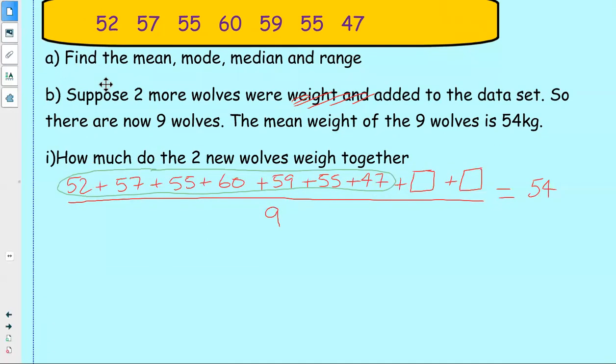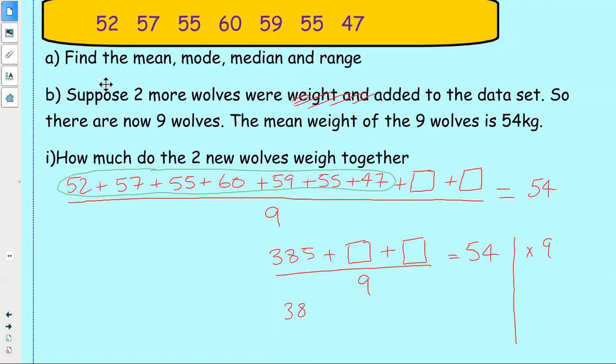Okay, 385. So we've got 385 plus your first new wolf and your second new wolf divided by 9 equals 54. How are you going to get rid of that divide by 9? You are going to times by 9. So we'll get 385 plus the first new wolf, add the second new wolf, and you're going to times 54 by 9, which is